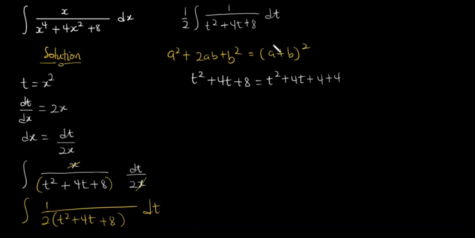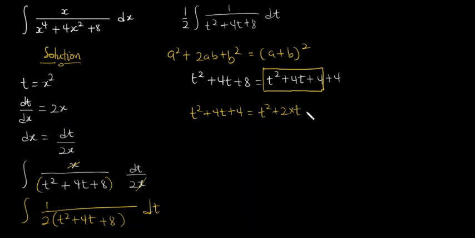From here you are now going to take just this part of the function and factorize it. So we have t squared plus 4t plus 4. I'm going to rewrite this as t squared plus 2t times 2, plus 2 times t times 2